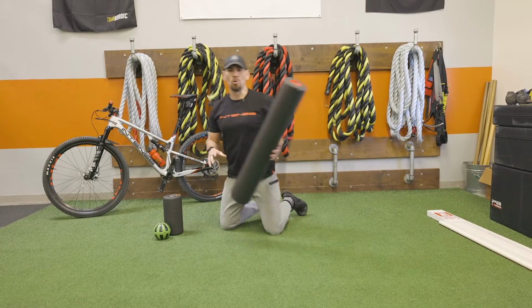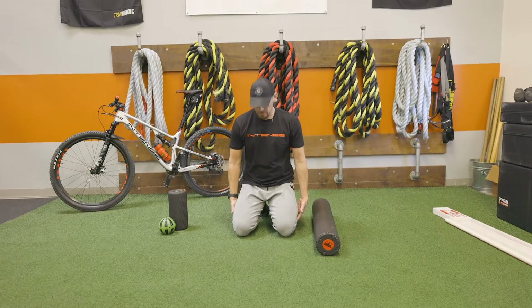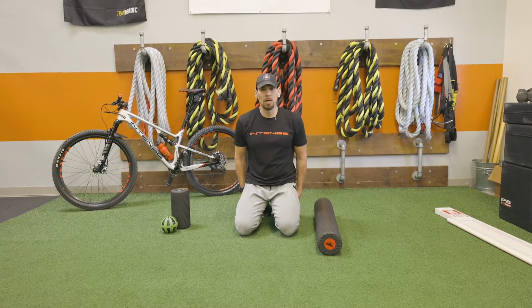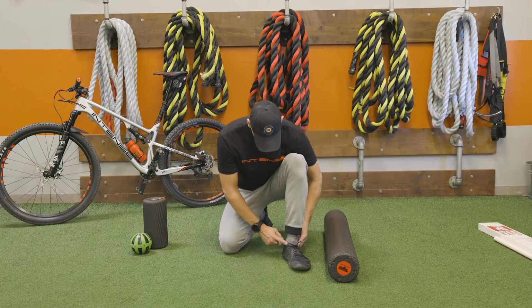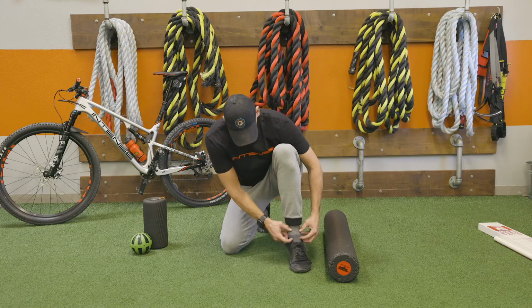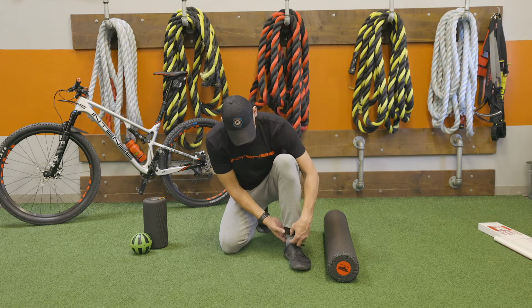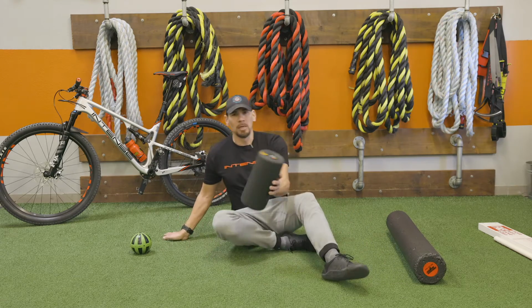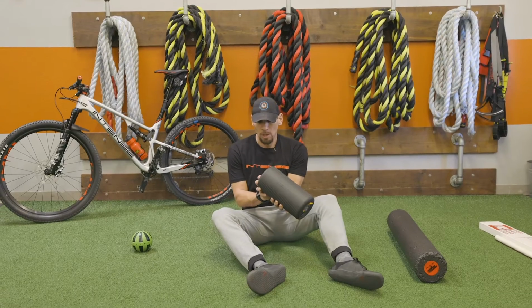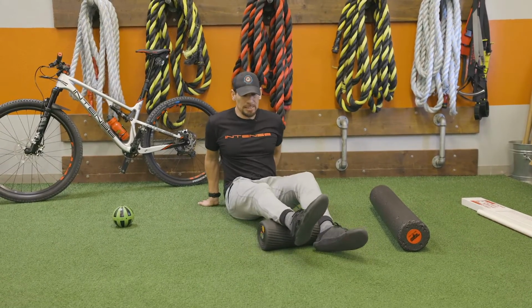We need to start with foam rolling, and we're gonna foam roll tight tissue in the calves, tight tissue in the ankles itself, around the retinaculum, which is the front of the ankle. It's kind of like a band of fascia. Doesn't stretch or anything, but it supports the tissues in there. So I like to go with just using the vibrating roller to start with. One, it desensitizes the pain, and I'm gonna start right in the ankles itself,